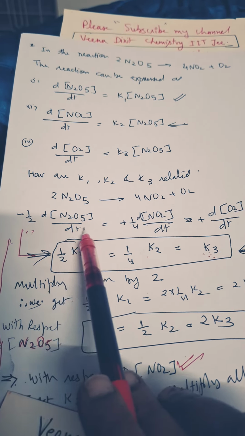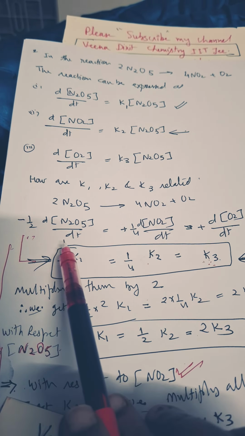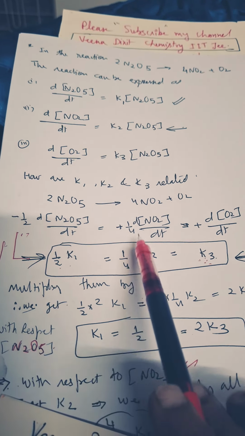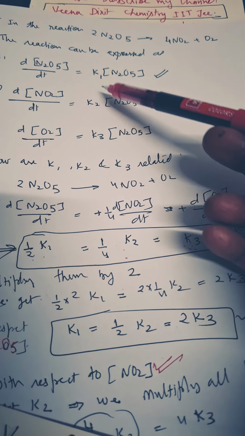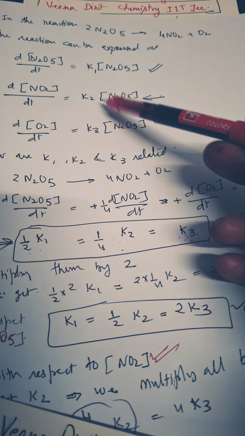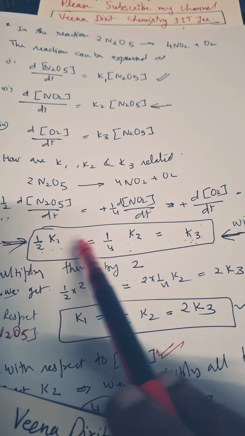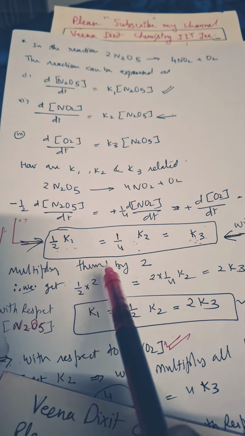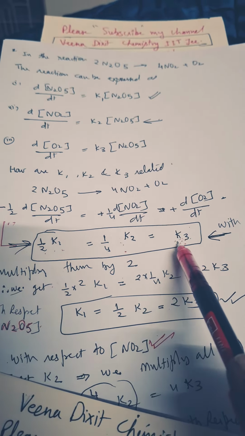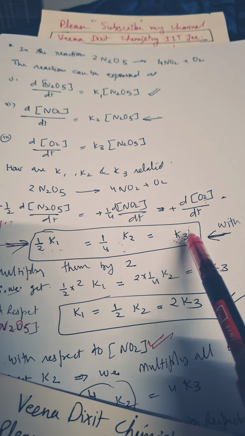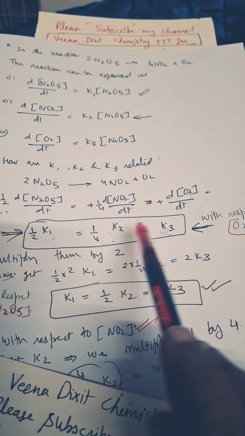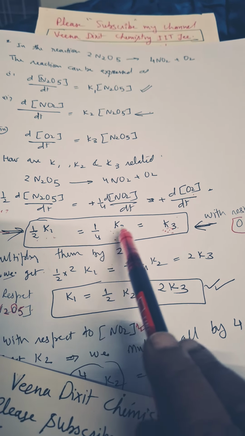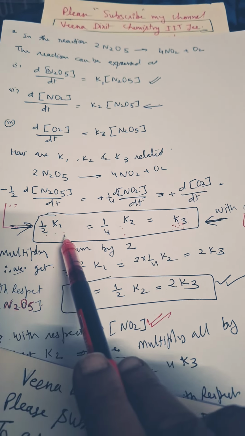Now with respect to K, we will see that it is half of K1, it will be 1/4 of K2, it will be K3, because from here I have written this. Okay, K1, K2, K3 they have given you. Since it is K3 for 1 mole of oxygen, it will remain as such. That is, K3 is equal to 1/4 of K2. K3 is equal to half of K1, right?